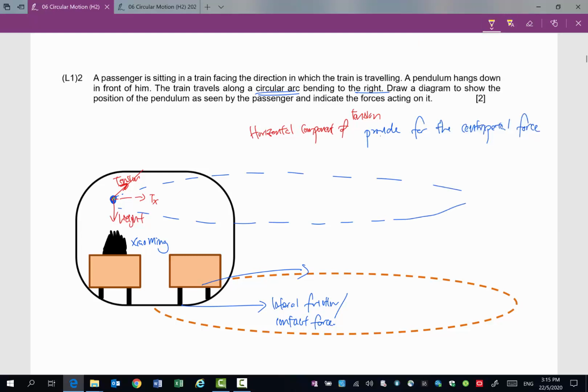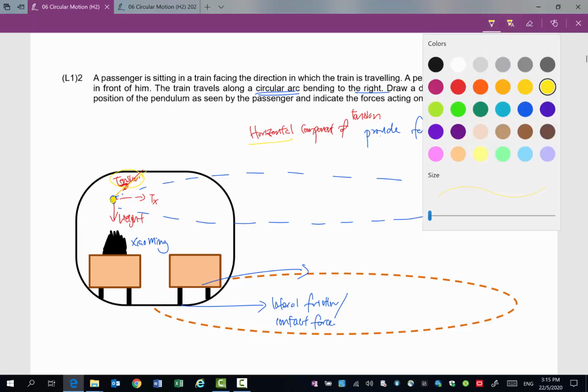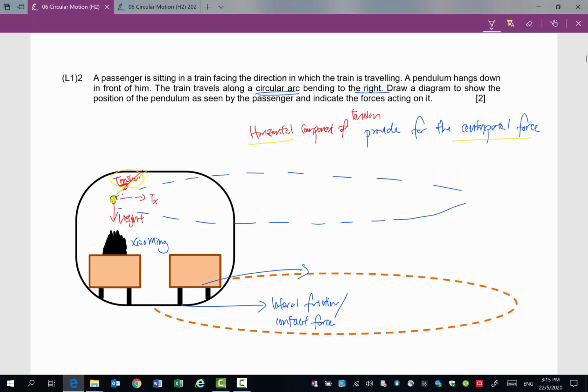The pendulum must shift towards the left so that the string will be able to provide a tension that is rightward pointing, so that it is possible for the tension to provide a horizontal component to provide the centripetal force. To give you a little bit more information, the vertical component of the tension, let's call that Ty,